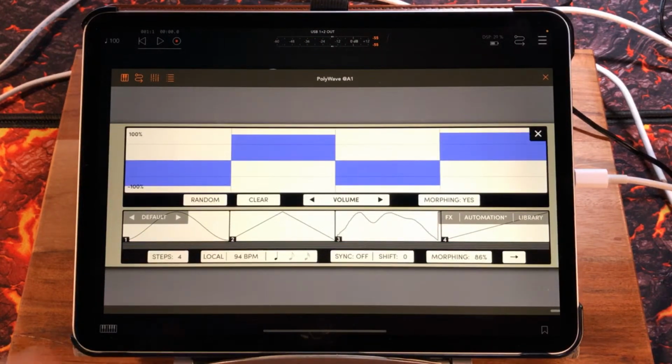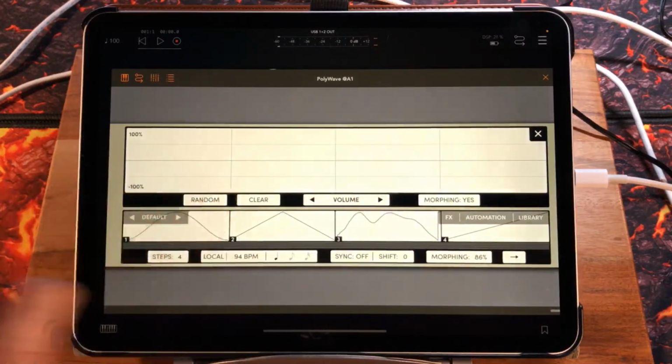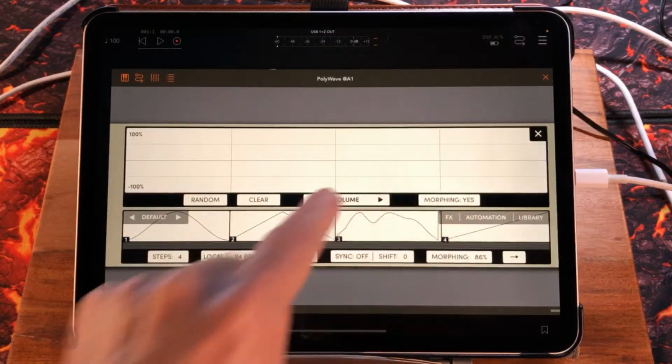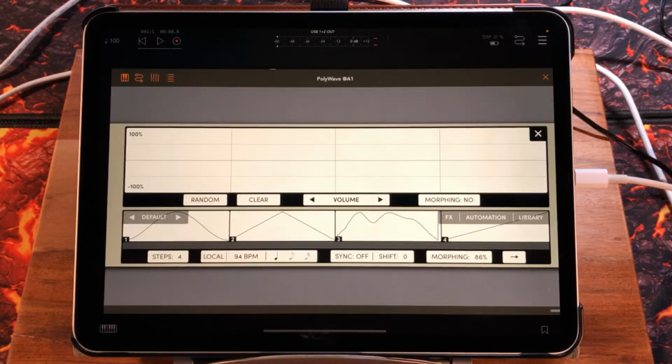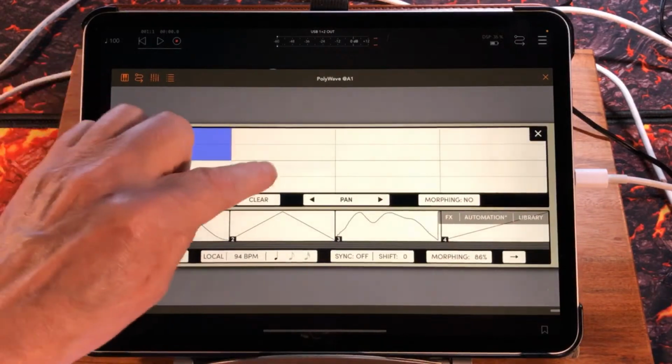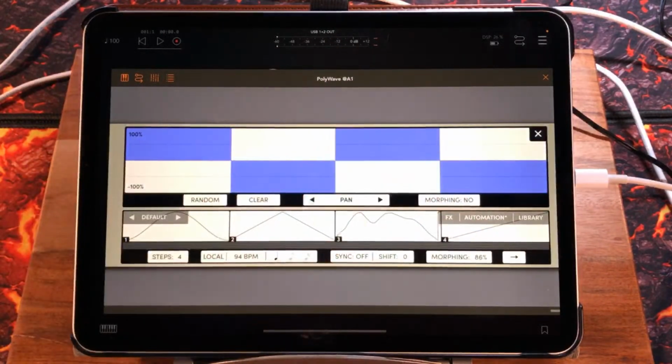Which is super fast. Our next thing, let's clear this automation here. So you can randomize, clear, you can draw your own morphing. And let's turn morphing off, sorry. Our next one is pan. So again, if you're wearing headphones, you're going to get